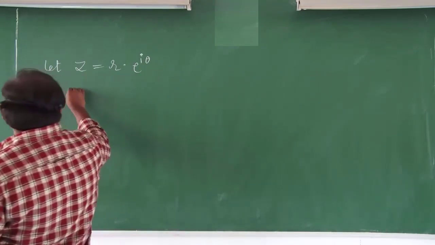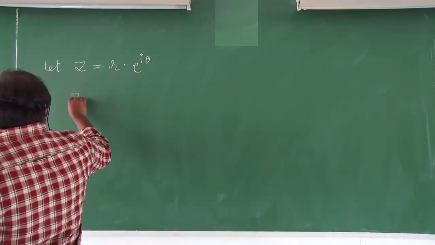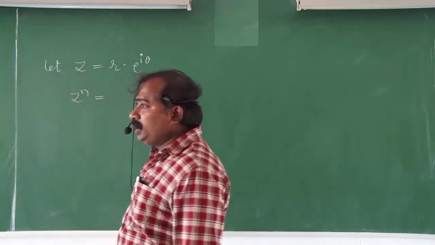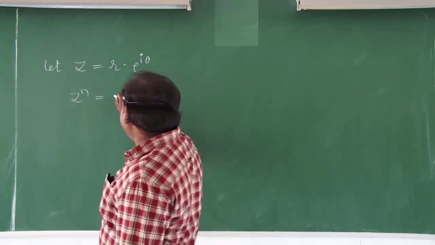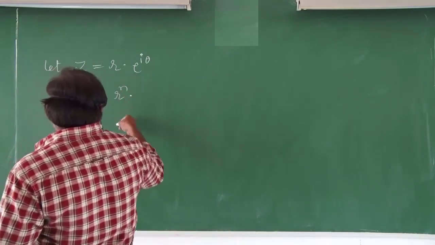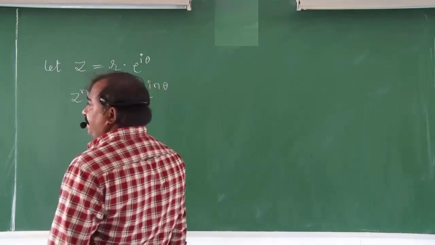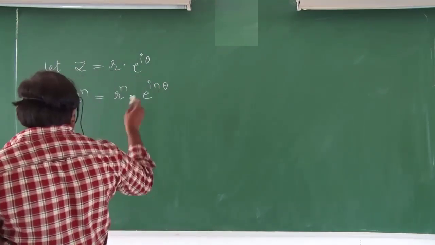Then Z power n is equal to, what is the Z power n value? Here you will get R power n into e power i n theta. So here